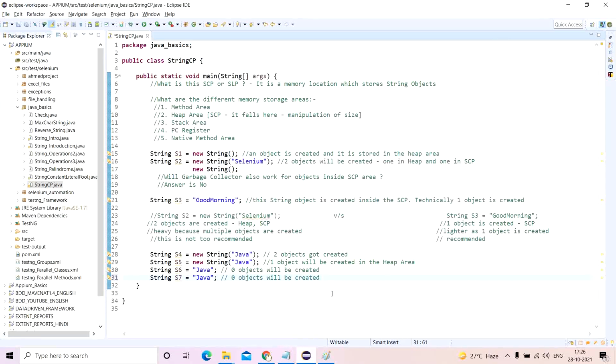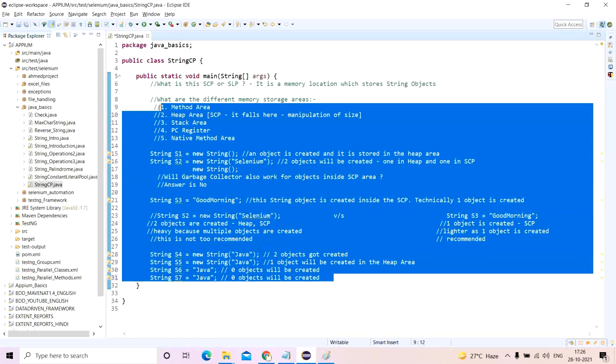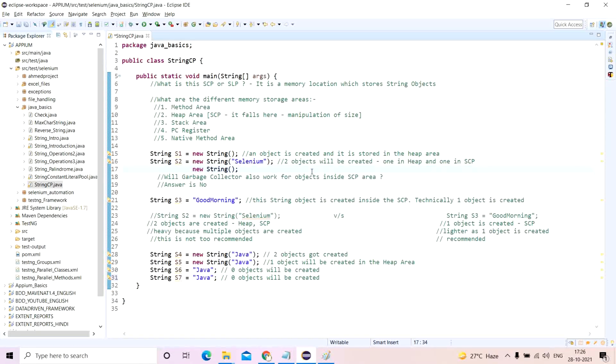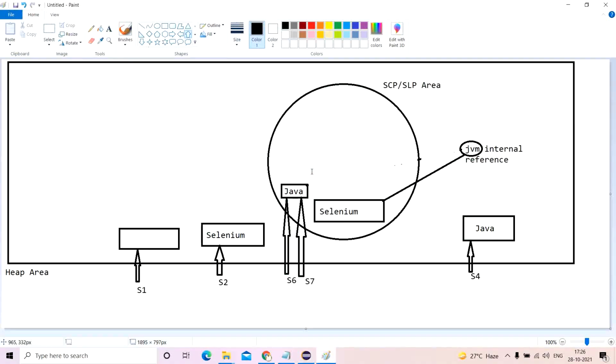But if you understand the concept and try to work it out with whatever I have said, and you can read it from any book. I mean, you can go to the Bible of Java and read. They will also tell you the same thing in a very complicated manner. I've tried to simplify it as much as possible, but this is how the string constant pool works. This is how references work.